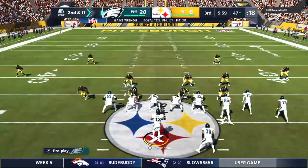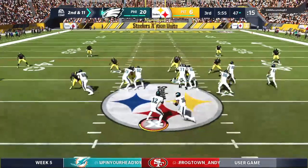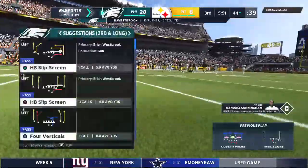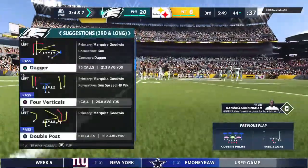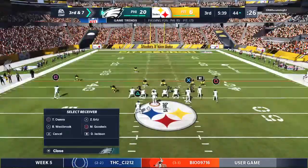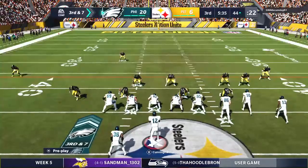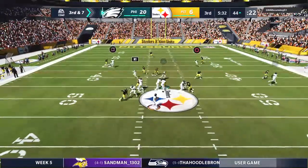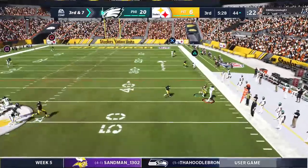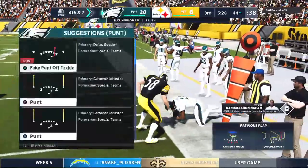After the loss to start out, here's 2nd and 11. From the shotgun now, here's an inside give. 2 runs in a row, but only 2 yards to show for it. On a 2nd and long, it's really nice to see an offense that has enough confidence to run the football in that situation. I think that goes back to their practice and game planning. They've seen things on tape and in previous games that led them to believe that even in a long-distance situation, they can still run the football and gain enough yardage to put themselves in a good spot